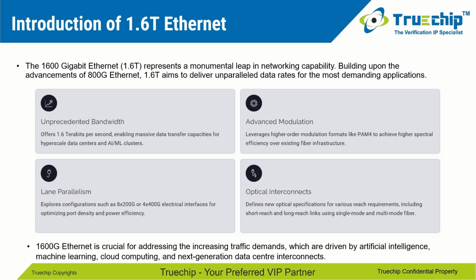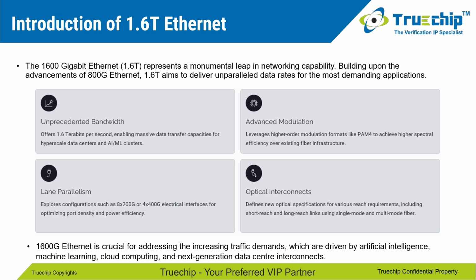It also focuses on lane parallelism, exploring configurations like 8x200G or 4x400G electrical interfaces to optimize port density and power efficiency. 1600G Ethernet is crucial for addressing the increasing traffic demands, which are driven by artificial intelligence, machine learning, cloud computing, and